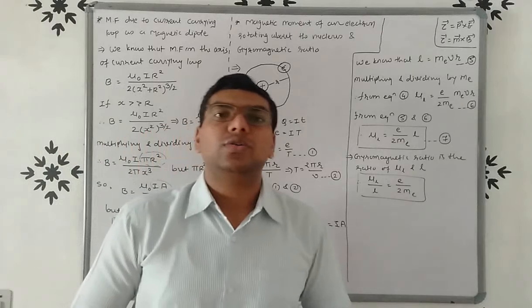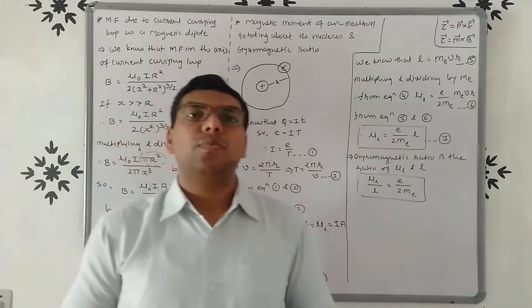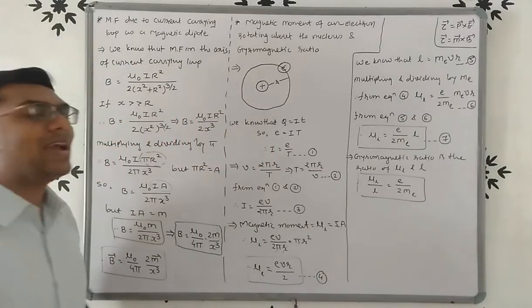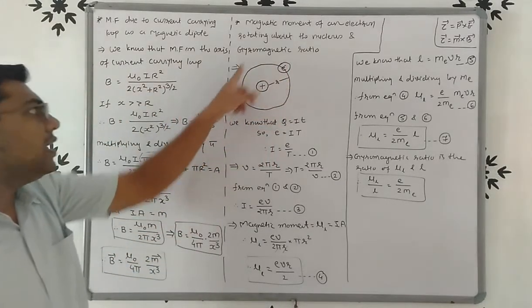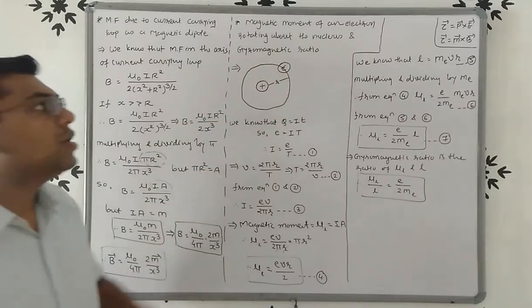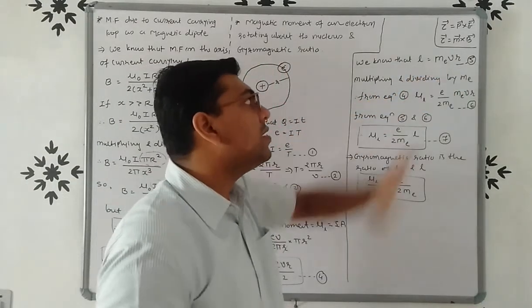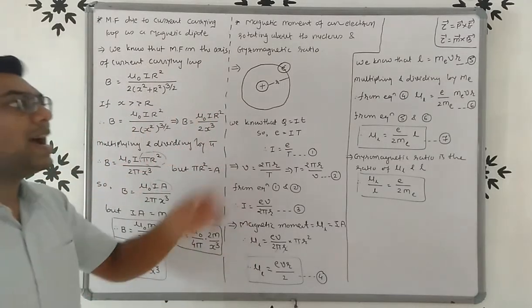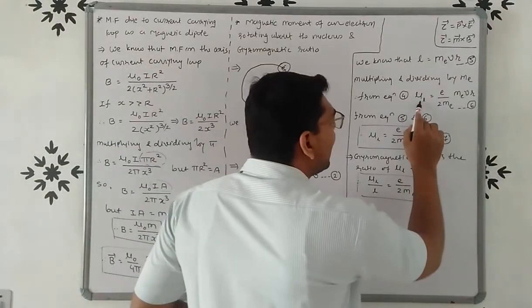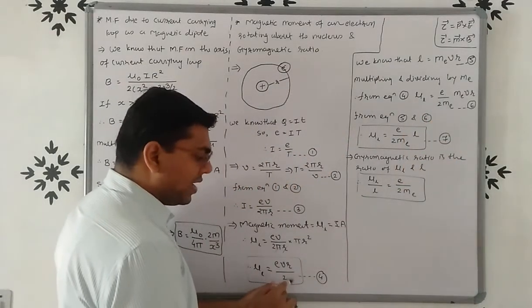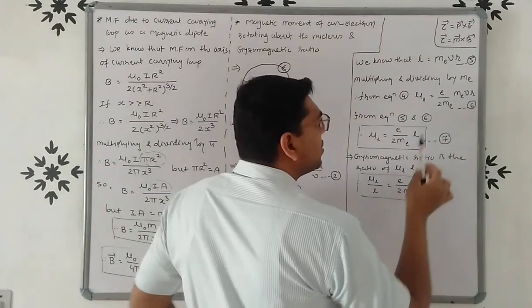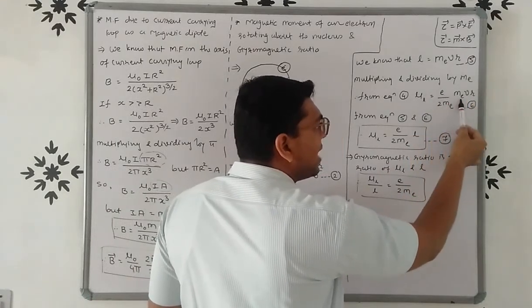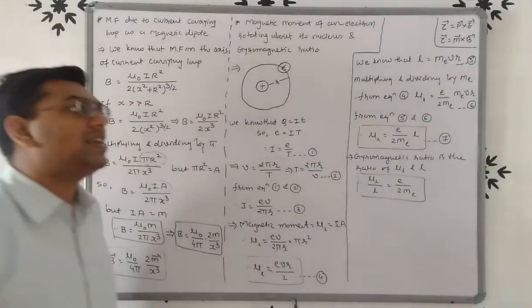Now if we want to determine the equation of moment in terms of angular momentum, we know that angular momentum is equal to mvr. Here the electron is rotating about the nucleus, so angular momentum is equal to m_e vr. So here we are multiplying and dividing equation number 4 by m_e. So μ_L is equal to e by 2m_e into m_e vr. So from 5 and 6, μ_L is equal to e by 2m_e into m_e vr, that means angular momentum L.